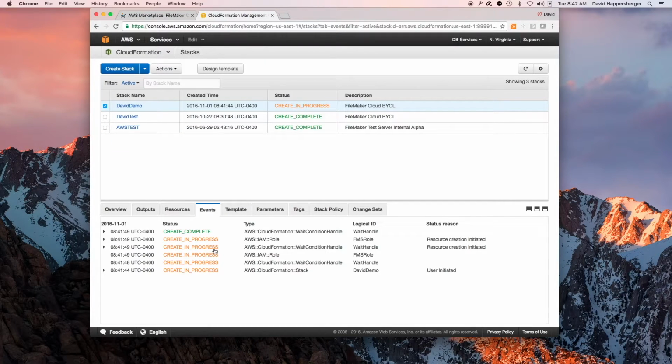So from here, it'll take typically about 10 to 15 minutes. What it's doing is literally setting up the server machine as well as the operating system, and it really only takes 10 to 15 minutes. When you think about it, it's pretty amazing as opposed to having to buy and purchase and set up all the hardware yourself if you were to have it internally in your own office. So from here, we will take a look at how you begin to set up FileMaker Cloud on this server instance.